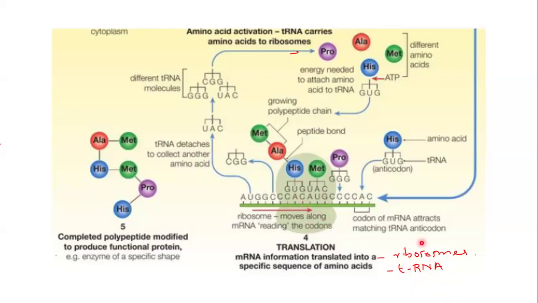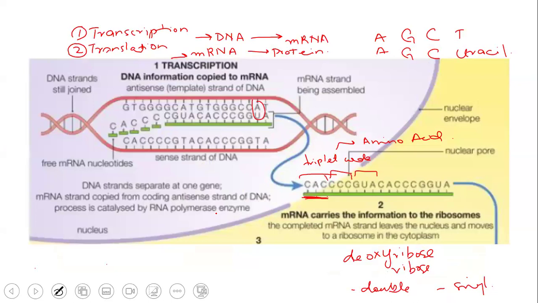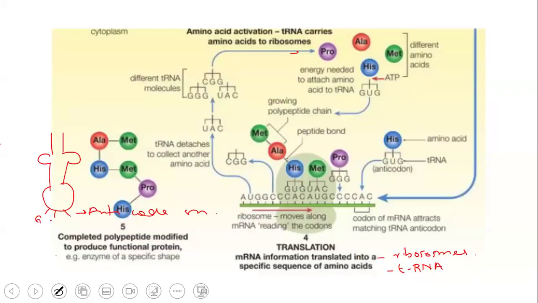Now, coming back to transfer RNA. A transfer RNA has two important parts. A transfer RNA has something that we call anticodon. What is anticodon? Anticodon is the opposite of triplet code. So for example, if I have CAC, they will have the opposite of it. They will have GUG, right? The opposite of CAC is GUG. Now, it will have an anticodon, and along with it, it will have an area where it can attach